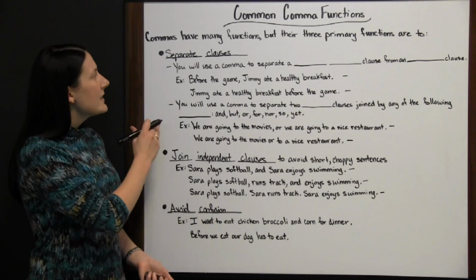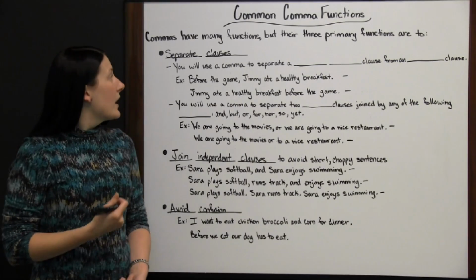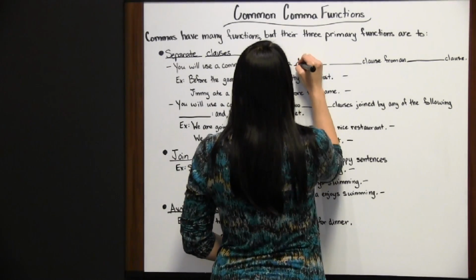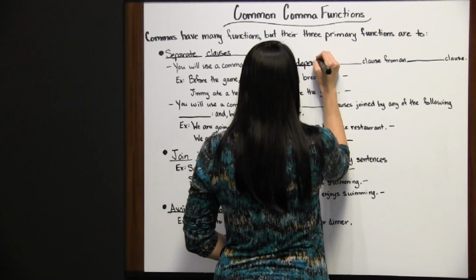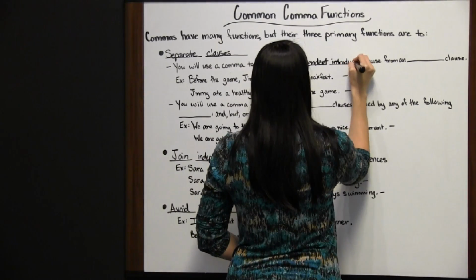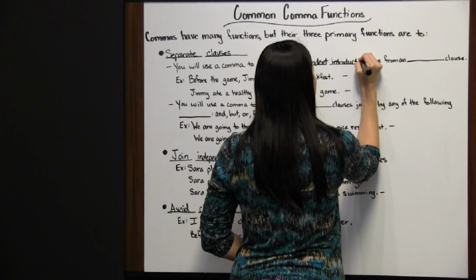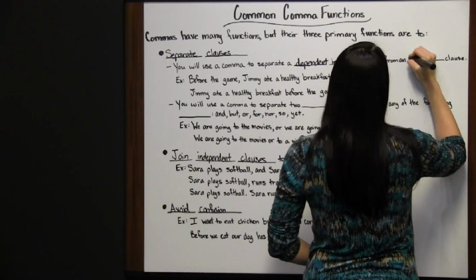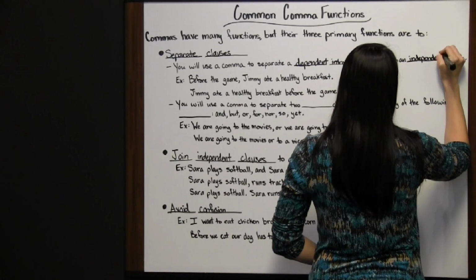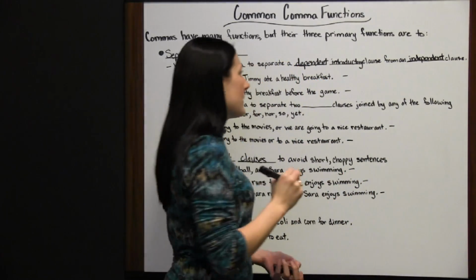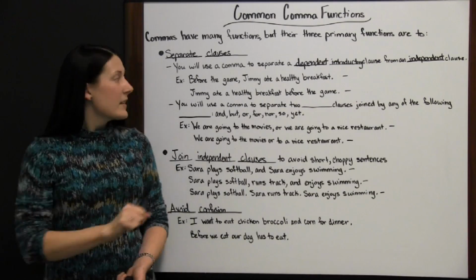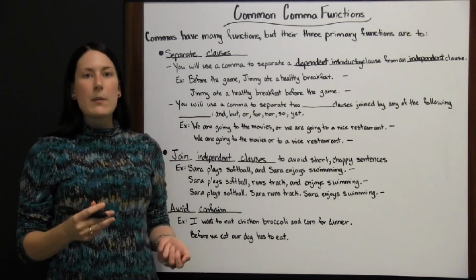So let's look at how we can separate clauses with commas. You will use a comma to separate a dependent introductory clause from an independent clause. So one way that dependent clauses are used is as an introduction to a sentence. For instance, before the game, Jimmy ate a healthy breakfast. We use this comma to separate the